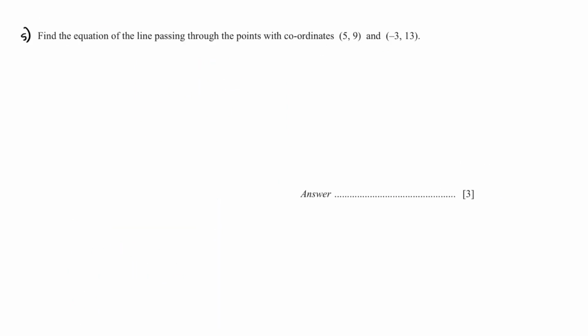Question number 5. Find the equation of the line passing through the points with the coordinates. 2 coordinates are given to us. Until now, you must have seen that this is a very common question. It has good marks and you must learn how to do it very well. So we find the gradient. Gradient is going to be y minus y, 9 minus 13, and then in the denominator x minus x. So 5 minus, remember to put a bracket,